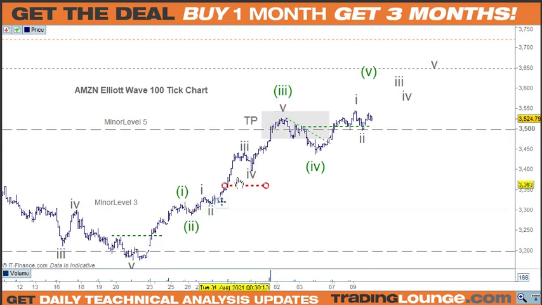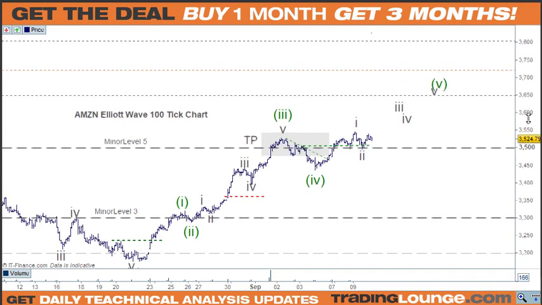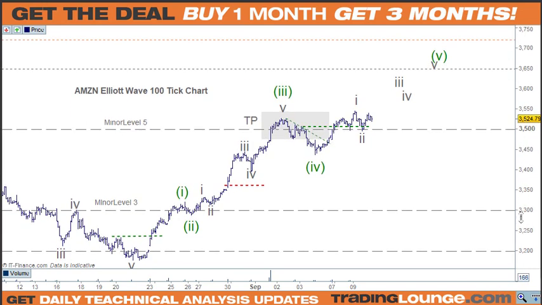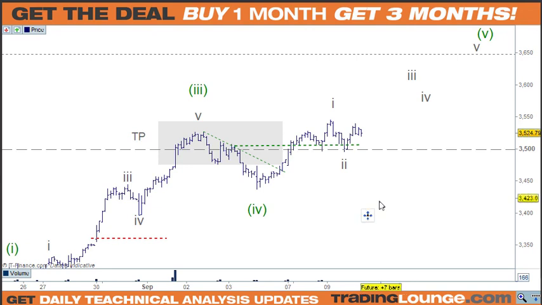Because wave 3 has the extension in it, it's the longest wave, so as a rule of thumb, wave 1 and wave 5 will be roughly the same size. So coming up to the lower end of group 2, which is the 65 number, as I call it, 72 and 80 here, I think we can go up to anywhere between 3,600 and 3,650. It will be nice when this top gets taken out here. Once that stop gets taken out, then you can move the stop up.